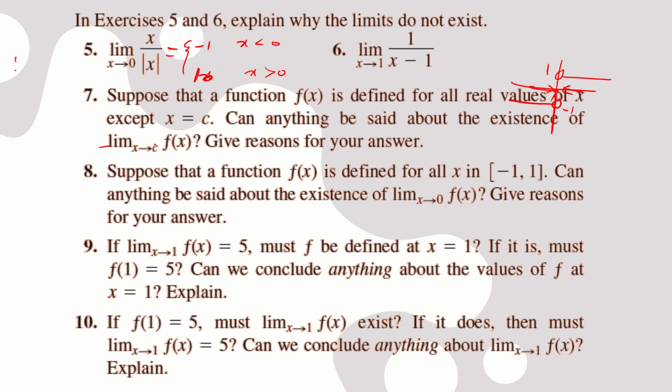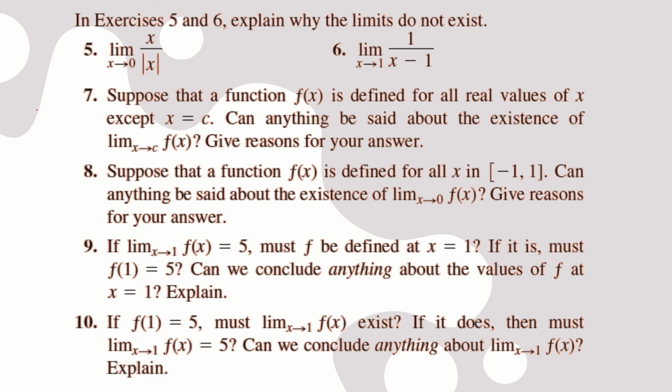If you approach 0 from the left side, x by absolute x gives you minus 1. When you approach from the right side, it gives you plus 1. So both are not the same, therefore we say this limit does not exist. That's the proof. Similarly, if you want to draw the graph of 1 over x minus 1,